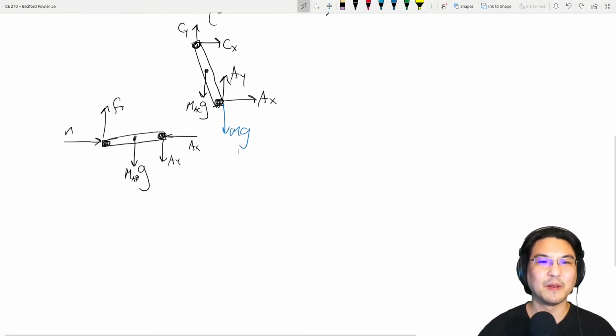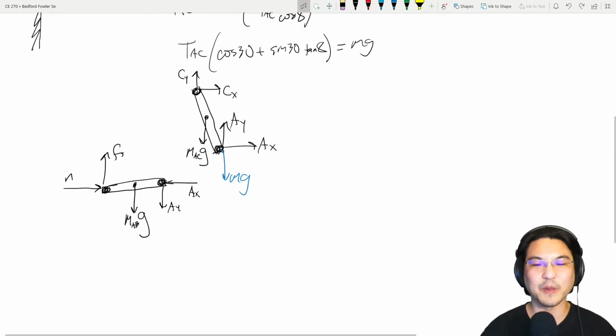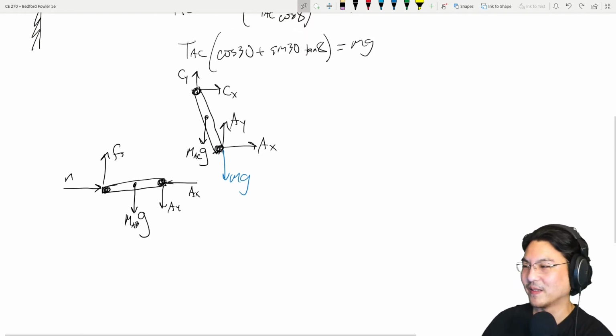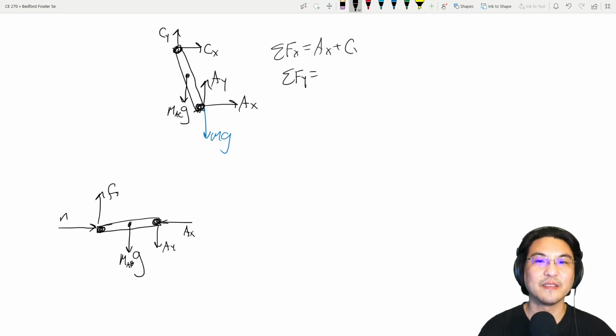Okay, so this is basically a frame that you broke apart, right? That same method you've done before. Okay, so let me move these around so I have more space. Okay, so for this member, let's write some. So for the forces, x direction, we got AX, CX, that's it. Y direction, AY,